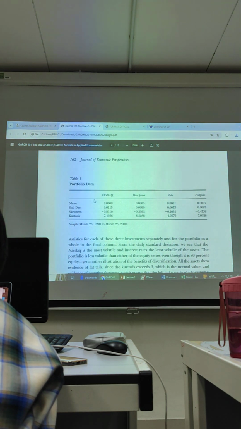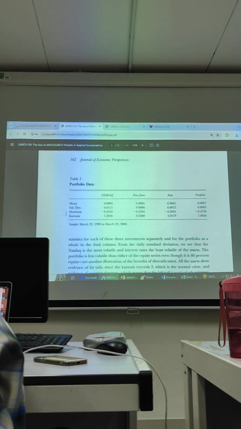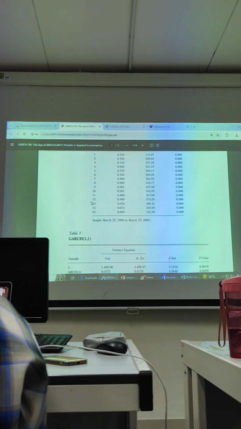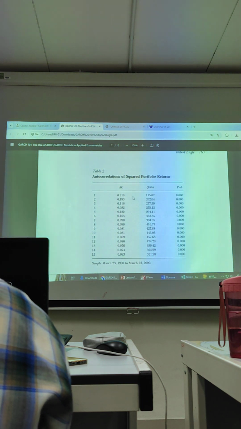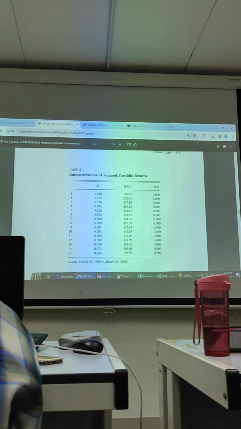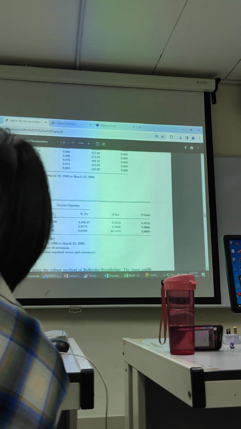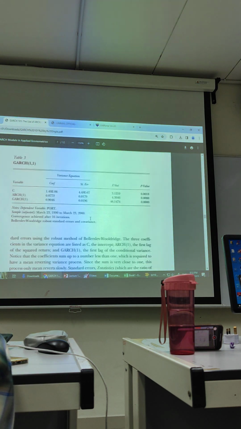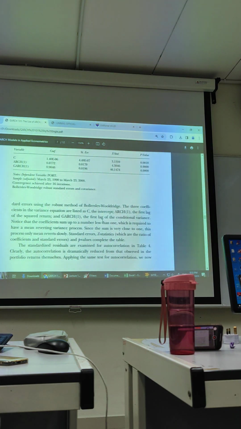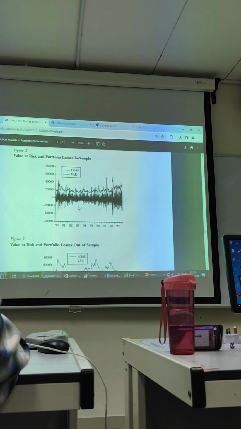So the expected format, like the guideline, is that you report the result like the data set, right? You can report the data description, then the test for autocorrelation, the Q statistic, to see whether there is autocorrelation or not, and GARCH(1,1). Then the variance equation. So we have the ARCH effect, GARCH effect, and then the p-value together. So you can see how the author explains the result, right? And this one also has value at risk.